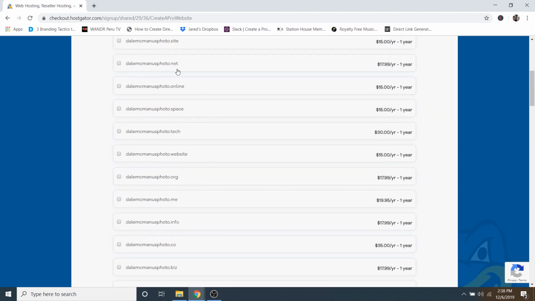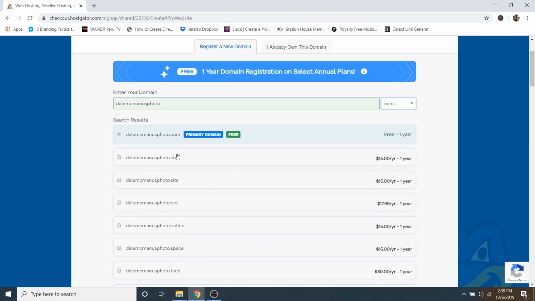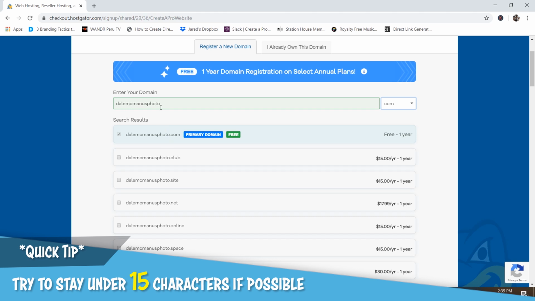there are tons of different options here like .net, .space, .tech. There's tons of them, but honestly, I recommend sticking with a .com because it looks the most professional. And if you can, try to stick to 15 characters or less. It's no big deal if you go over, but the shorter that the URL is, the easier it is for